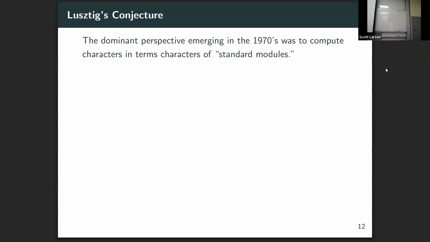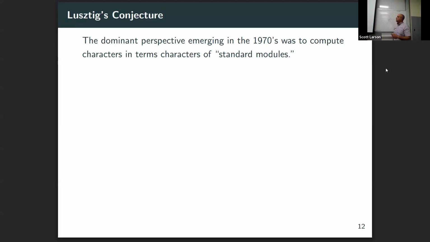Jantzen has written a very interesting survey called Character Formulae from Hermann Weyl to the Present. That was the present like 10, 15 years ago, so it's not the present anymore. There's a lot more that's happened since then. But it gives you a good story about how the search for character formulas evolved. And what happened